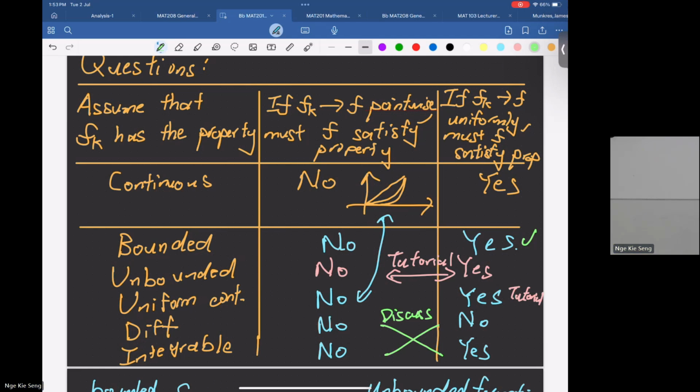Why 都是 no? Bounded 我们给了 counter example, right? Pointwise convergence 但是 unbounded。So unbounded 的话就要给 counter example 咯。Unbounded 的东西 converge to 一个 bounded 的东西，要给 counter example。bounded converge to unbounded 的东西，然后 unbounded 是 unbounded converge to bounded 的东西。给 counter example。